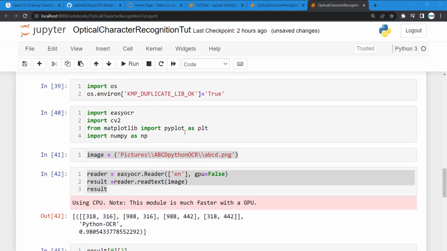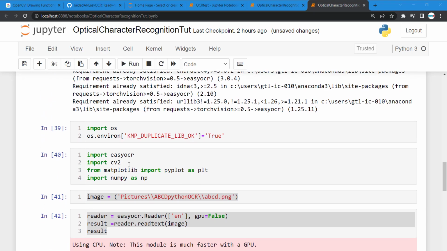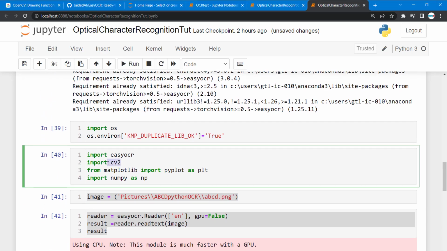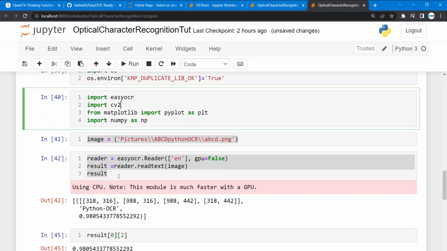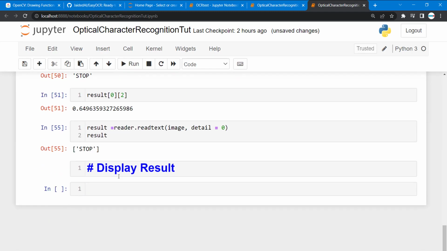So remember, we imported computer vision, that's OpenCV2, and then Matplotlib and then NumPy. These are going to help us achieve that. So to do that, I'm going to have to